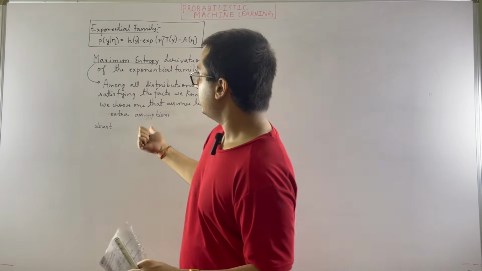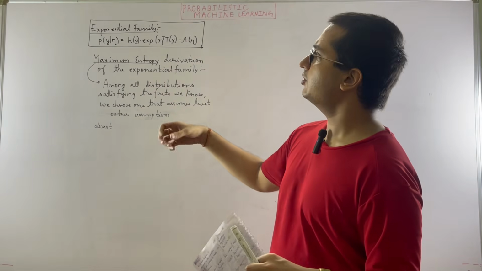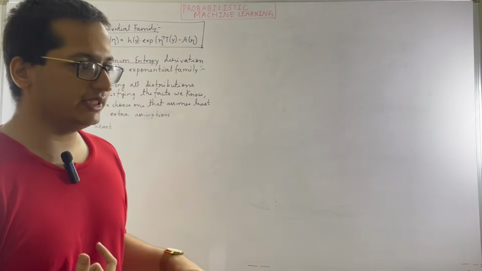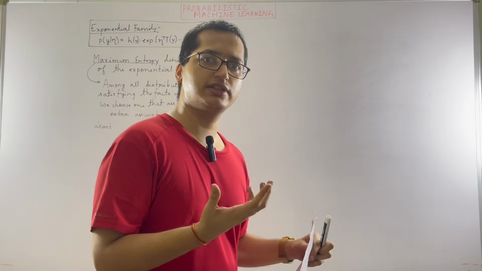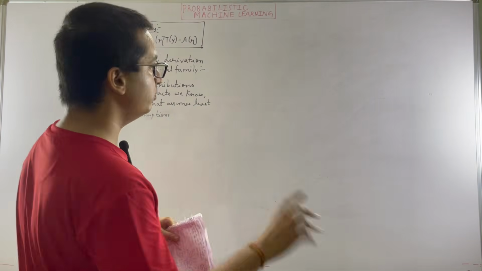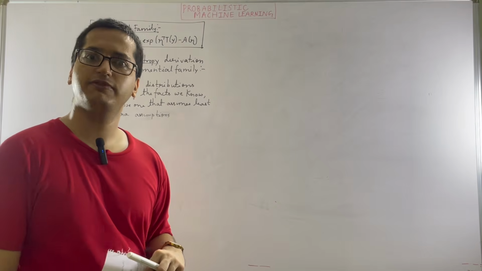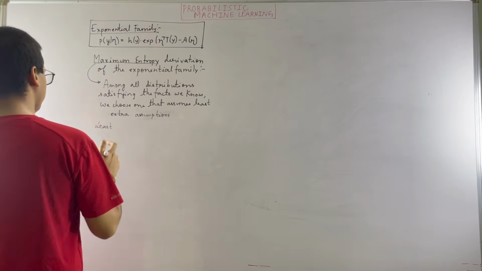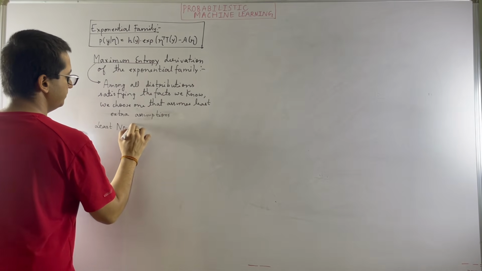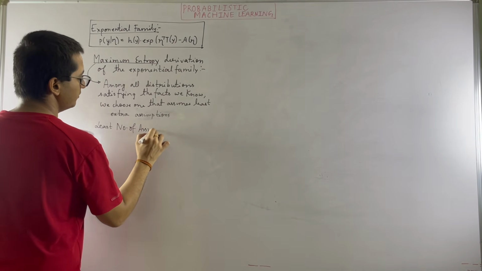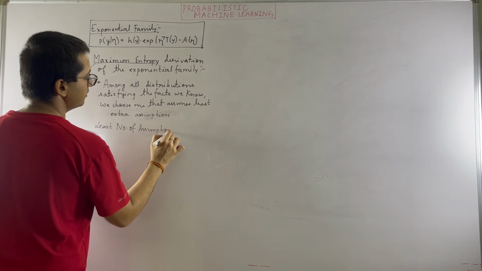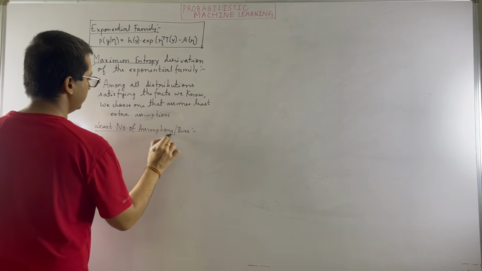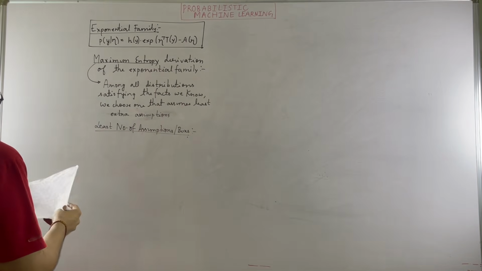So that is called the maximum entropy derivation. That if I try to maximize the entropy given the assumptions, we will come to an exponential family form. Very interesting fact. All right. What does least number of assumptions mean? Or bias? So here what we are saying is that we search for a distribution